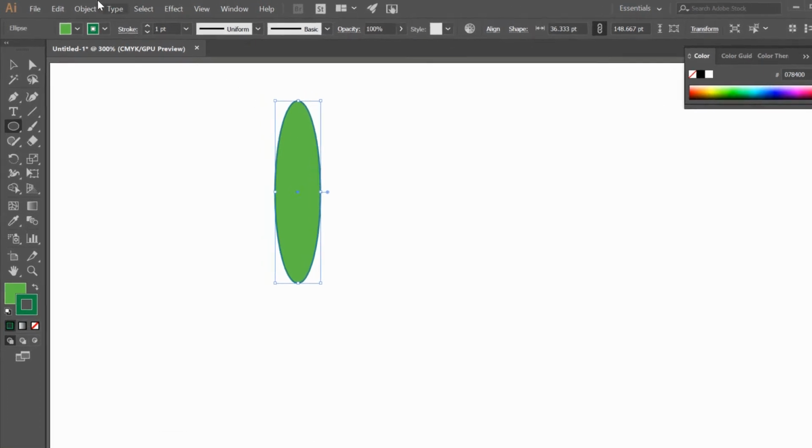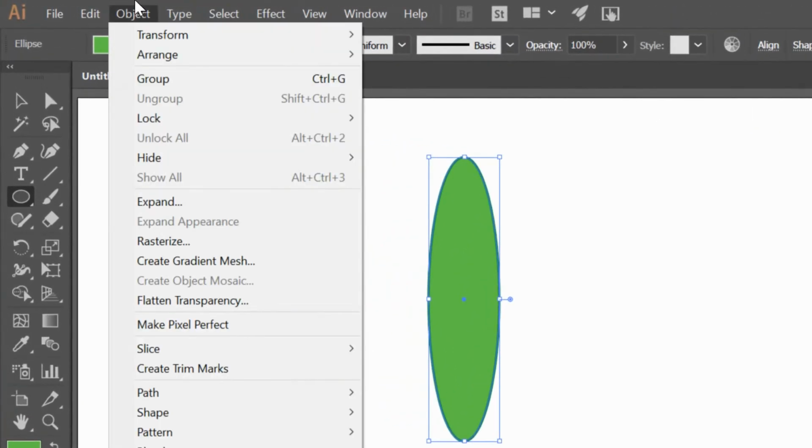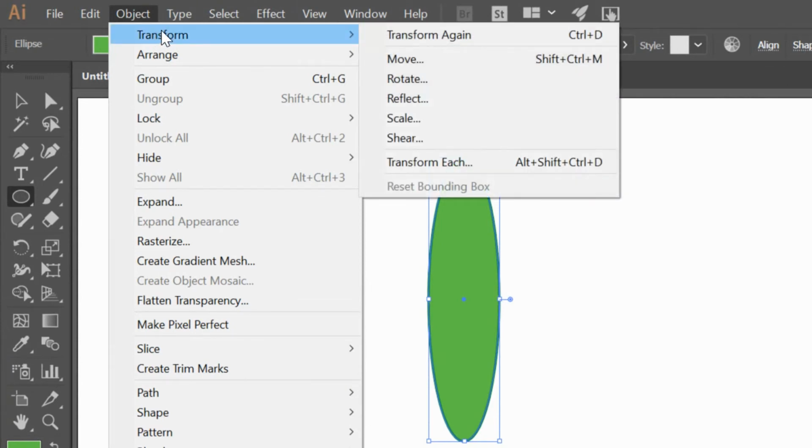Now if I go up to the object menu, this thing that's sitting on my screen is an object. I can decide to transform that object. I can decide to move it or rotate it or reflect it or scale it or shear it or a little bit of everything. Now the interesting thing here is a lot of times people look at this and ask,